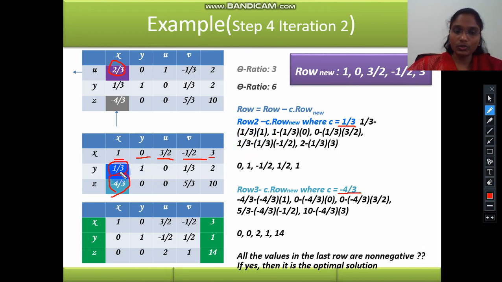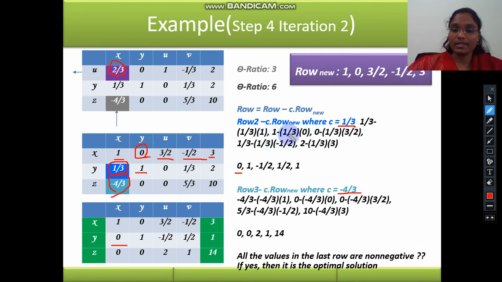So how will we calculate? This row value minus the C value times the updated row value in the first row. So 1/3 minus, again the C value 1/3 times 1, gives us 0. So here we update it as 0. And the next value, 1 minus the C value 1/3 times the updated value in the previous row, which is 0.